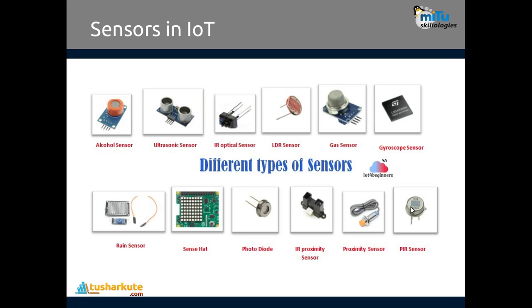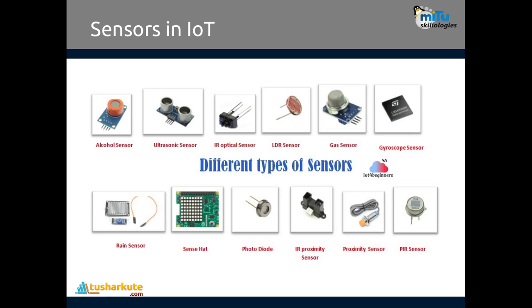Almost every kind of thing that a computer can recognize. Even a camera can be used. A camera is acting as a sensor also. So when you capture images or videos, what exactly is happening, what different things are present inside it, you can easily monitor, and that can be added into the IoT system as a sensor also.